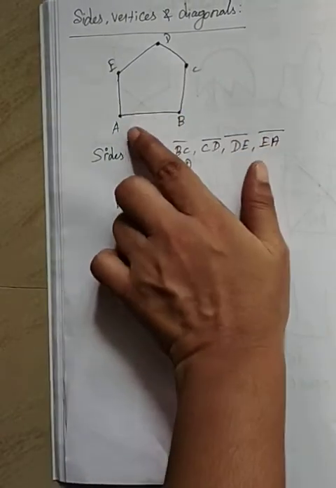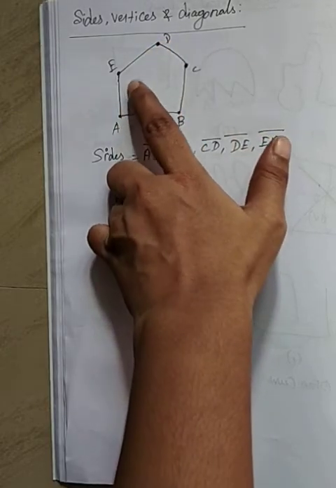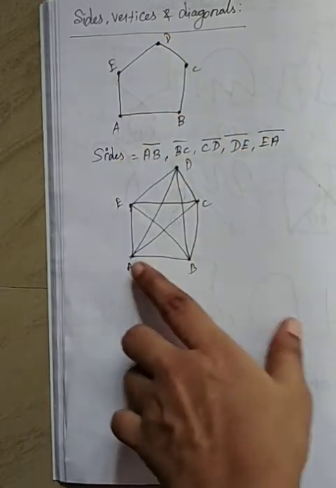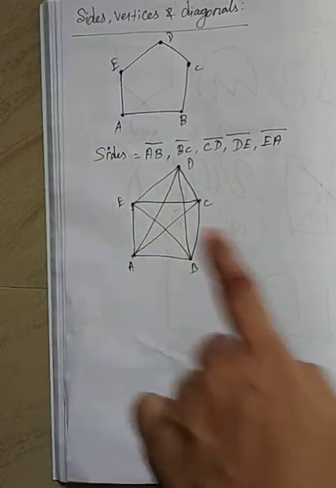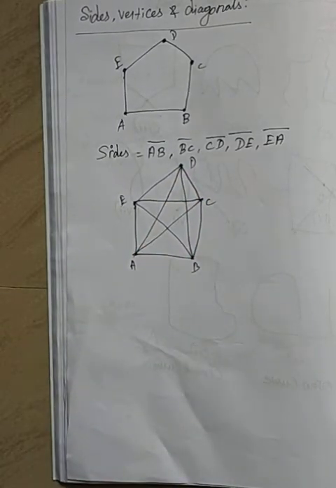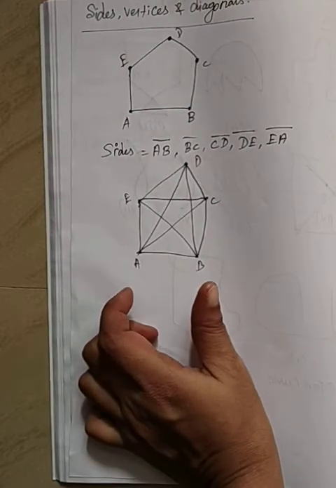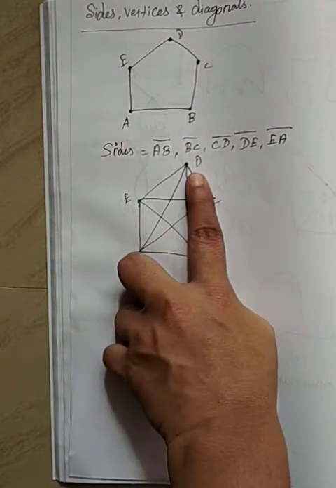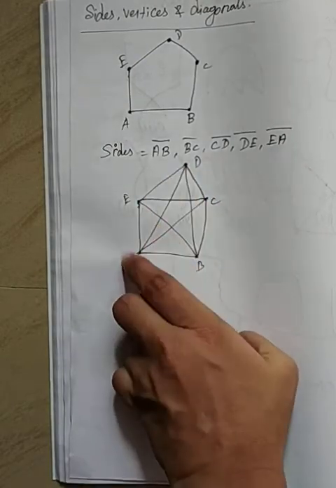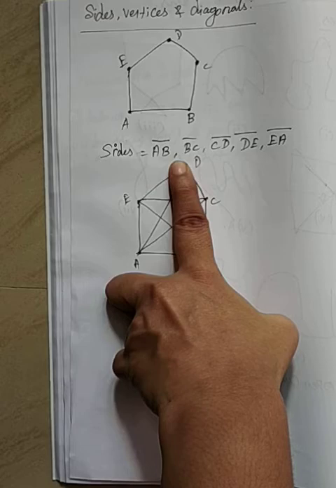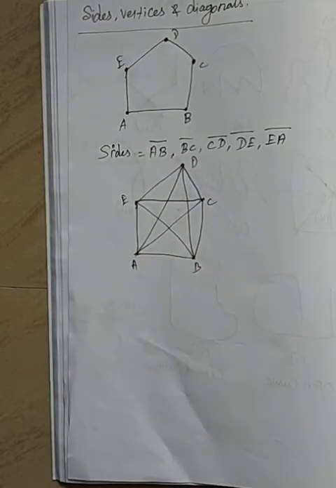In this diagram, see, AD is not adjacent, but you have to draw a line for AD. See here, AD. This line is called a diagonal. So what is that? Consider the pair of vertices which are not adjacent. AD is not adjacent. The join of these two vertices, when you try to join them, is called the diagonal of the polygon.